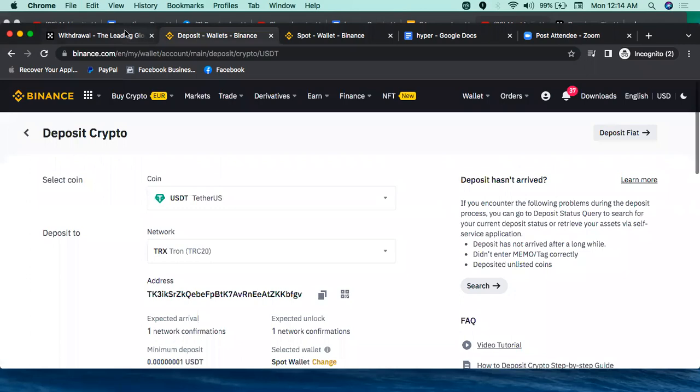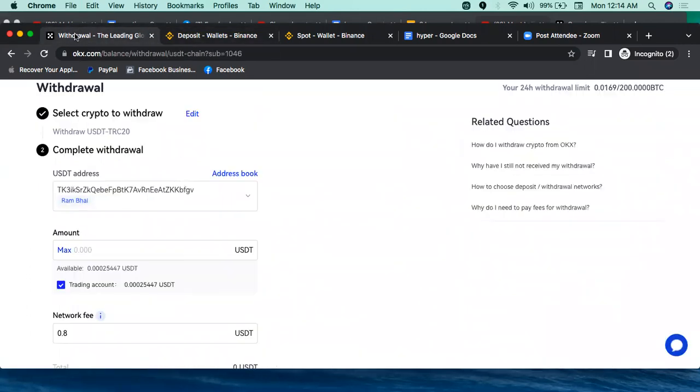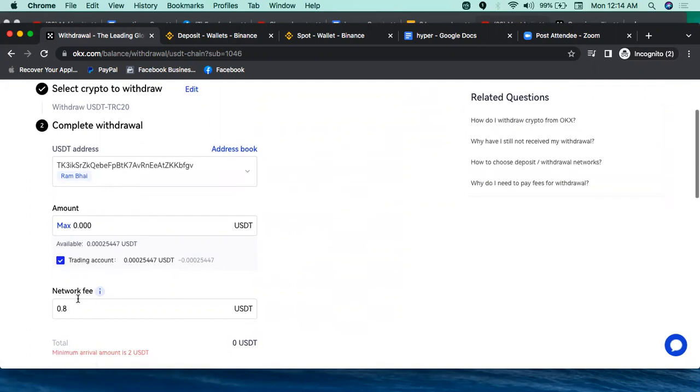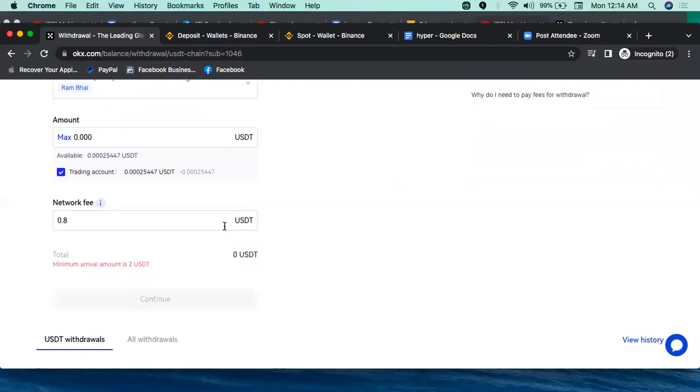Check it out before you do the withdraw. Check it out very properly, right? And make it max. And also, if you have some options available here, you can tick, you can mark, right? And then after, you can continue